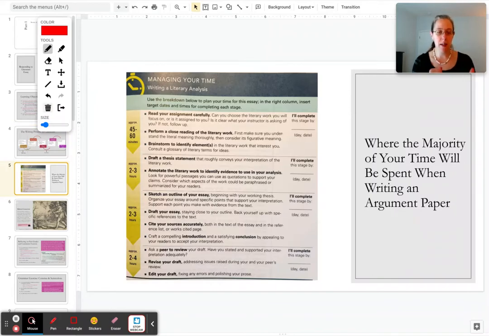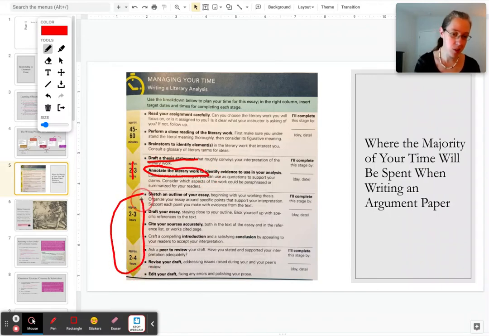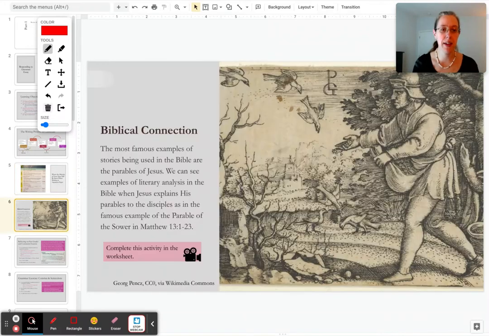Now, before we get into it, here's the breakdown of time this week. Last week, we kind of split this in half. You did do your thesis sense, but you maybe didn't fully annotate your literary work. Maybe some of you did or didn't. So imagine that you probably are going to be spending close to 5 hours, maybe a little more, to just wrap up this essay and finish it for this week.